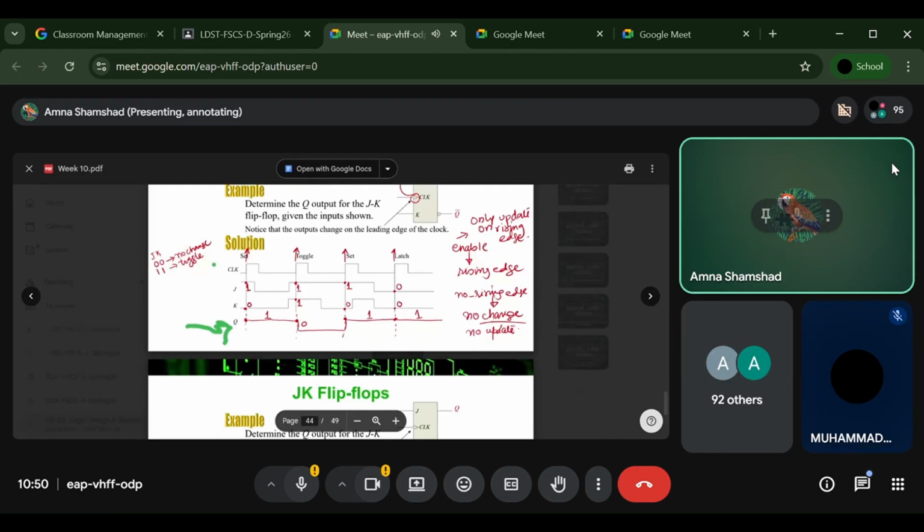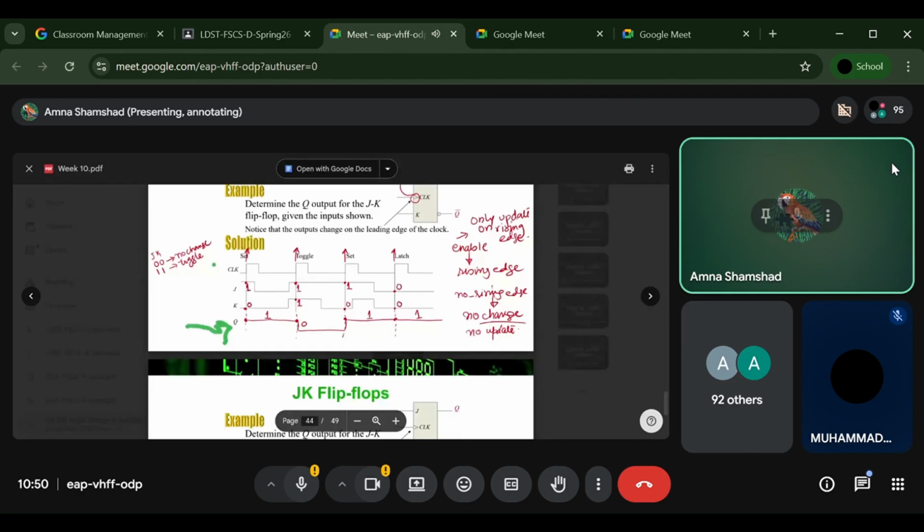Why is the latch? This is not a latch. It means that it will retain its output. Okay. We are at this point. We are not at this point right now. So first we have to clear this point and then we will come to the next.